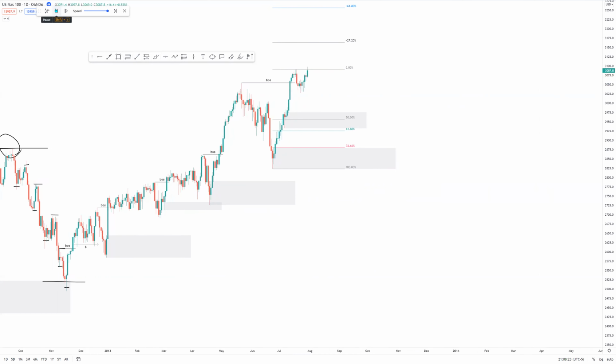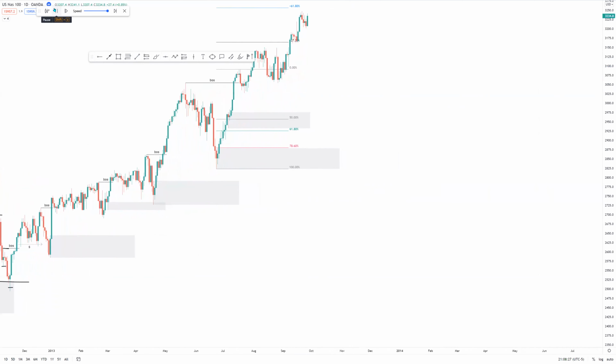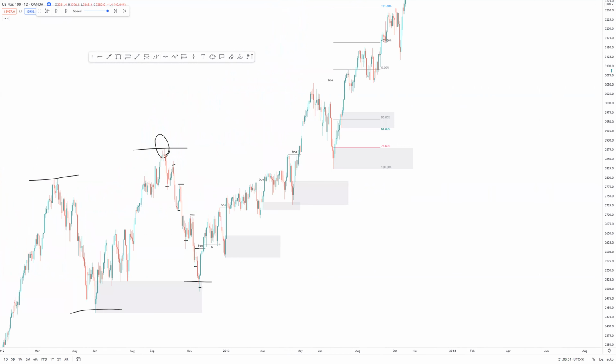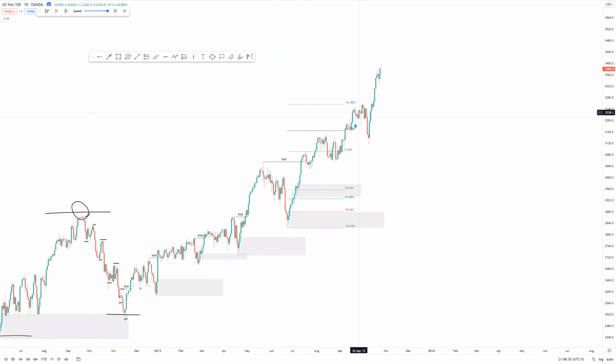Let's see where price goes. Still hasn't really made a new high. Okay. This is all one leg. This is all one leg to me, but you could argue this was a leg, pullback, leg. So where's our break of structure? It's the same thing over and over again. So here's the structure,